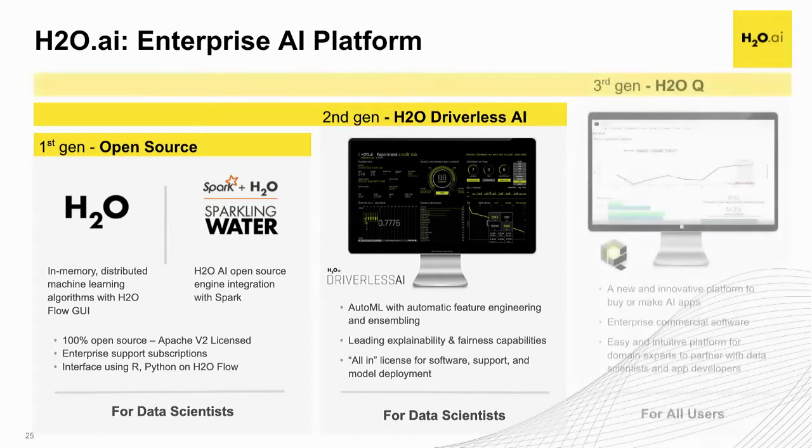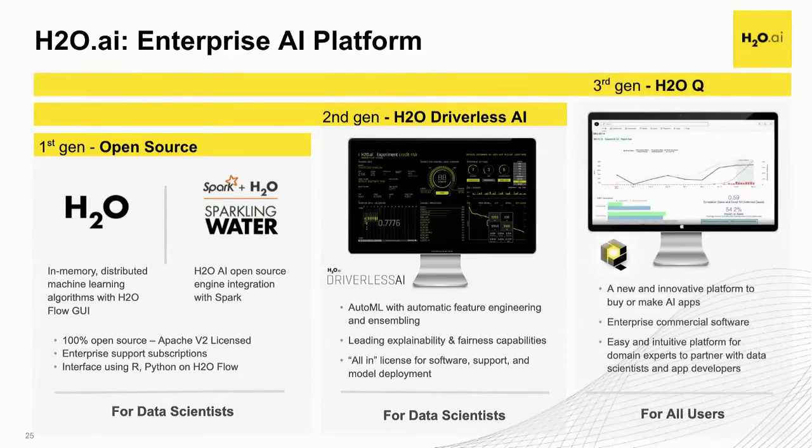And lastly, our latest iteration of these AI platforms is H2O Q, a platform to facilitate building AI apps. If you listen to some of our webinars around COVID and applications, you start seeing all this tying together: building the process, building the model, deploying the model, and then building an application. Q facilitates all of that together.